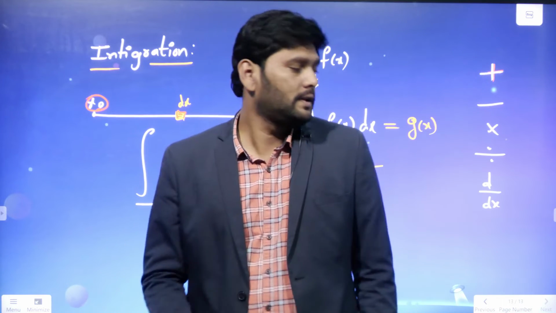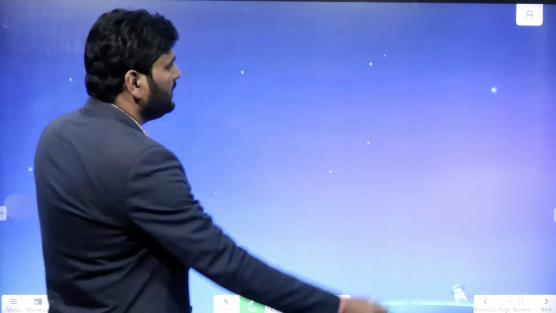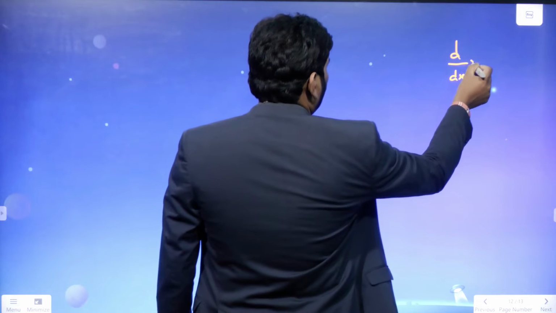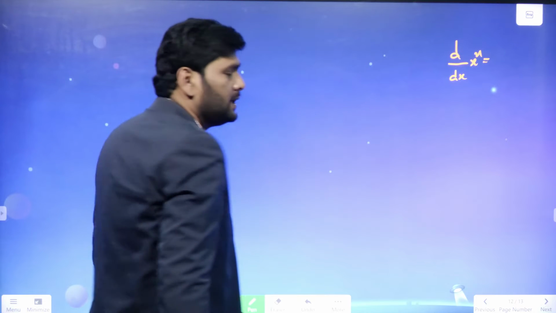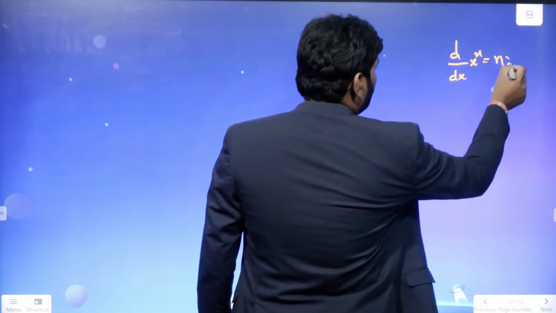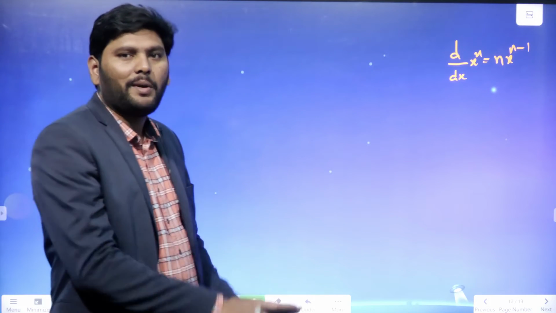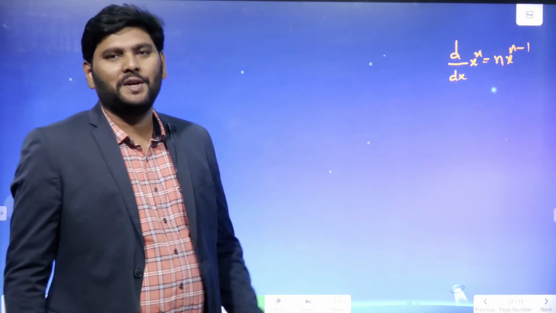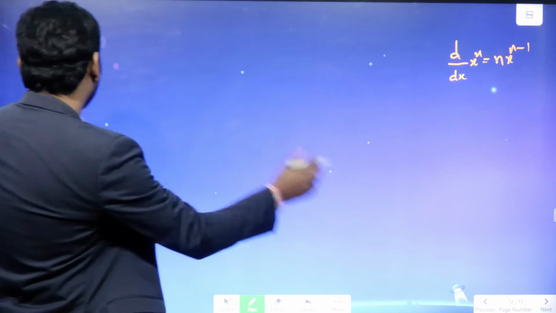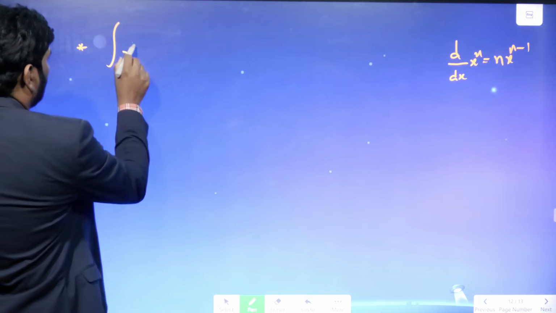Now I'll go to the next slide. So now take the formulas for integration. You know, in differentiation, the formula for d by dx of x power n, you know very well, that is n into x power n minus 1. In a similar manner, in integration also, we have a fundamental formula for integral x power n. So what is that? Integral x power n